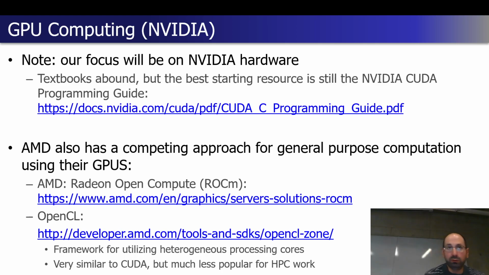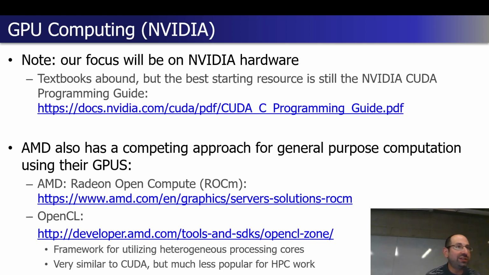So I mentioned that we were going to focus on NVIDIA and CUDA. It's what I learned first. It's generally what people learn. If you say I do GPU computing, that is still very much the default assumption today. Intel has their own frameworks. AMD also has their own frameworks. They've been a lot less stable in terms of the type of frameworks they've provided over time. There's Radeon Open Compute, which has a very CUDA-like interface that you can learn.